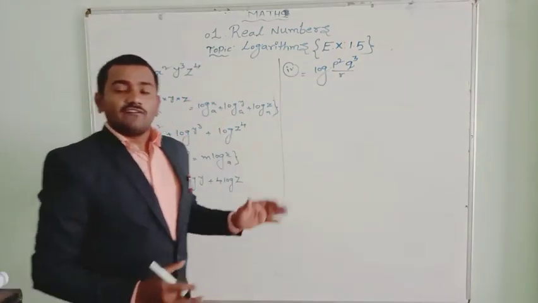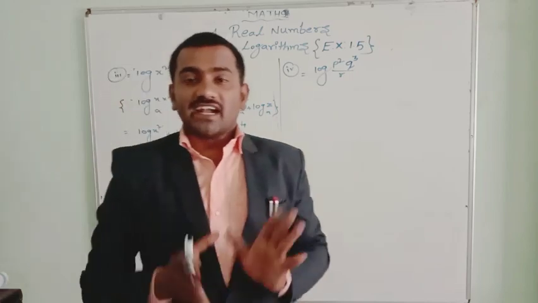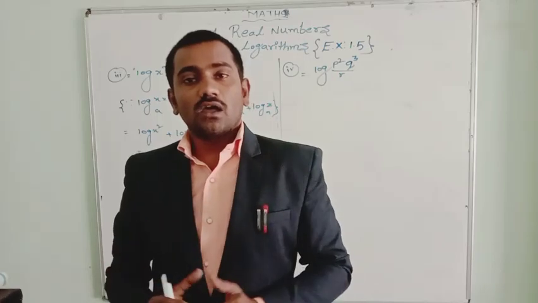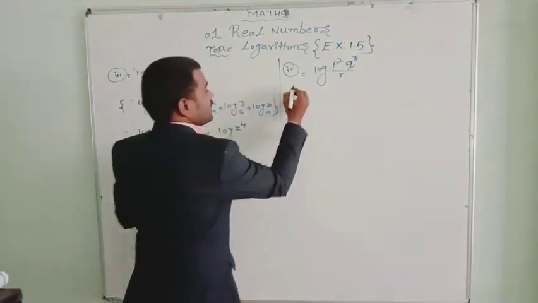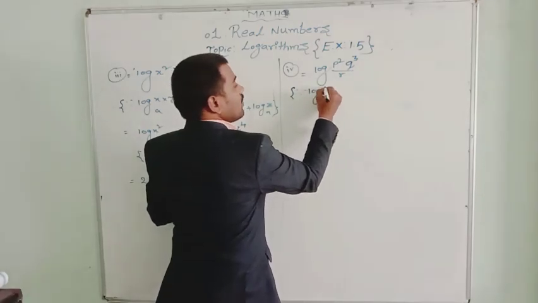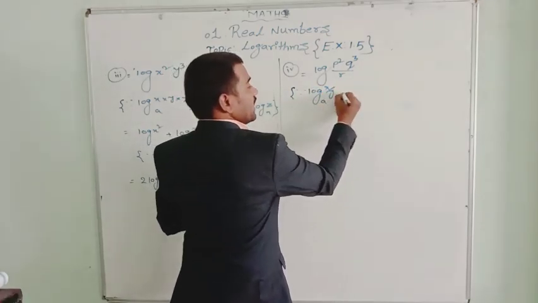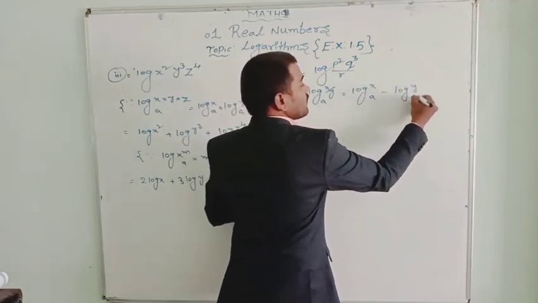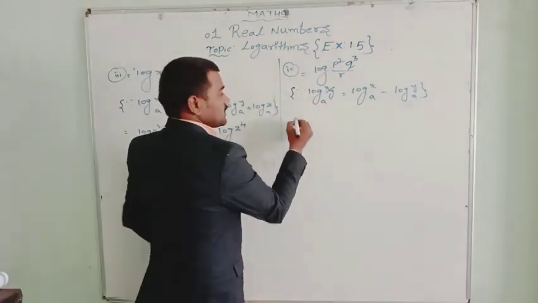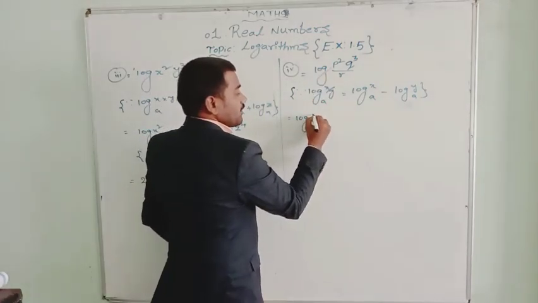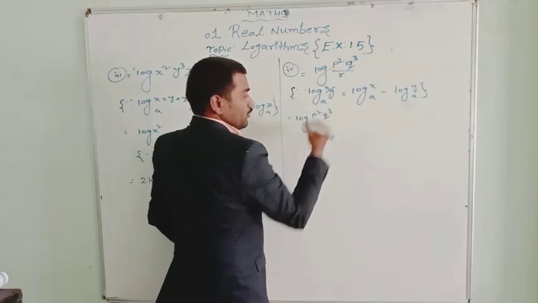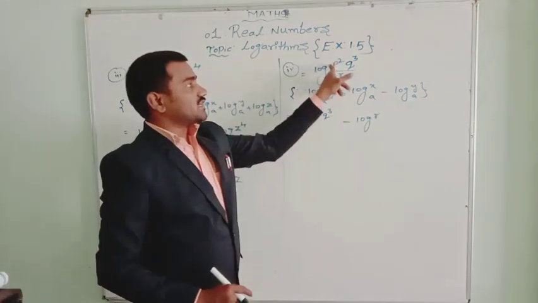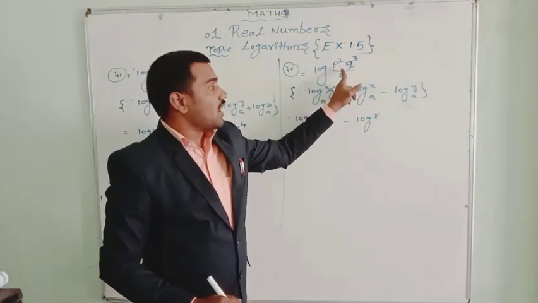Let us see that. First of all, when you observe this question, it is in the form of log x by y, where log x by y will give us log x minus log y. Let us expand in that form. So log x by y base A equal to, you know the formula, log x base A minus log y base A. So let us expand this now. Log p square into q cube minus log r. Log x is completely the part of x and r is in the part of y.